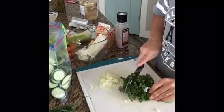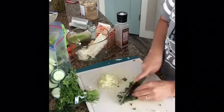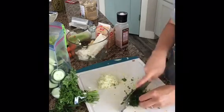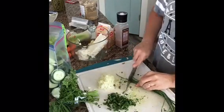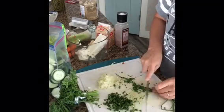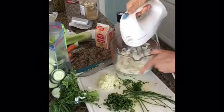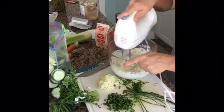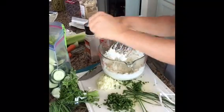Next is parsley. After that I put a handful of chives in and chop those up really finely. And I beat the cream cheese up with the beaters because you want them to be nice and creamy. And then I just start adding everything in, and the salt and pepper and the heavy whipping cream and all of the herbs,